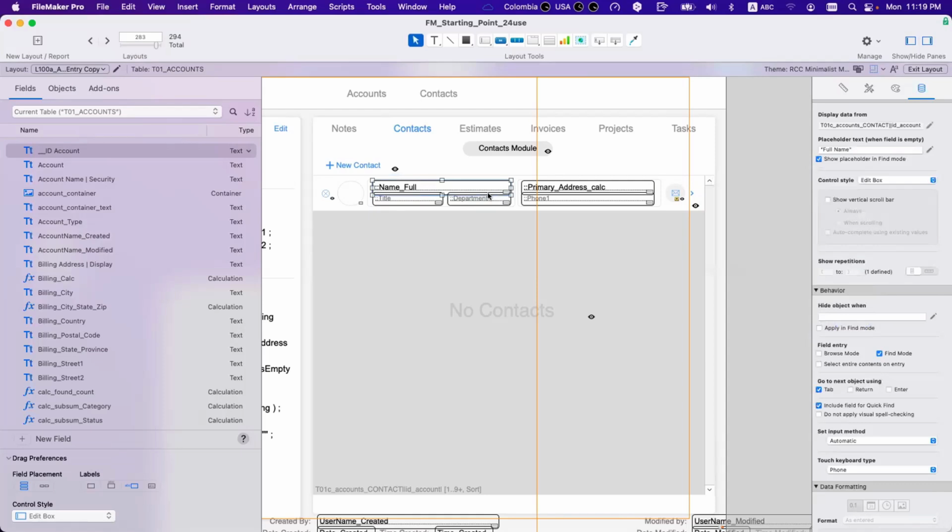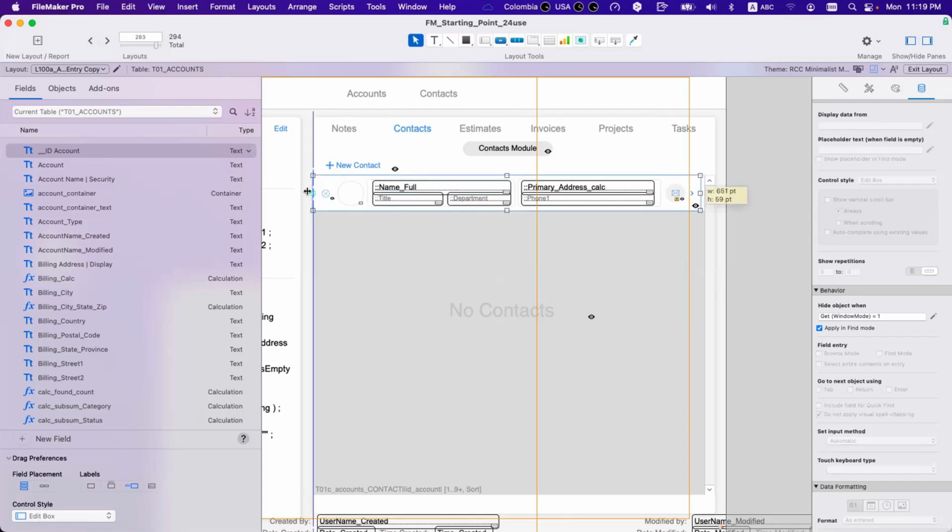Even if you have an object in front of it, if you click here and there's a button on the back, it will click through. That's why we call that click through. But this click through doesn't work on WebDirect. So that means the button, the navigation button, the button that goes,